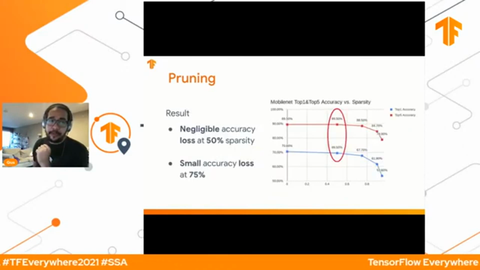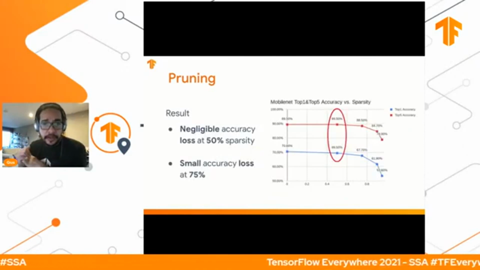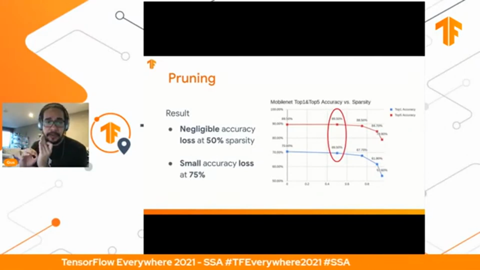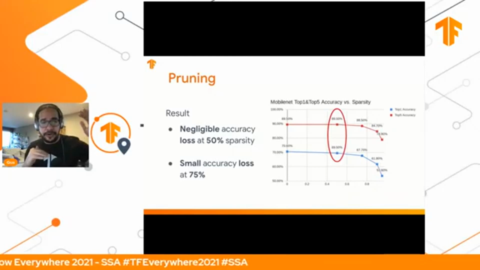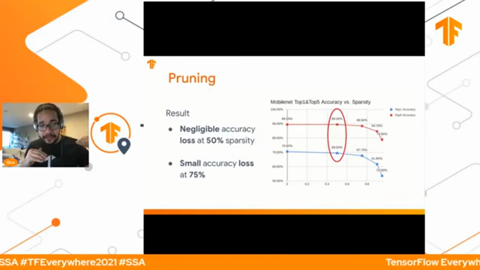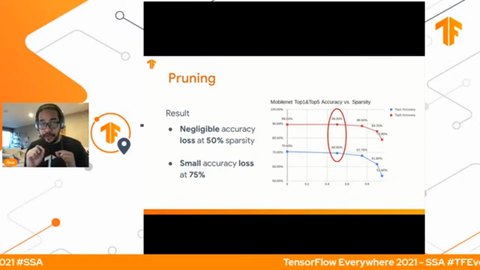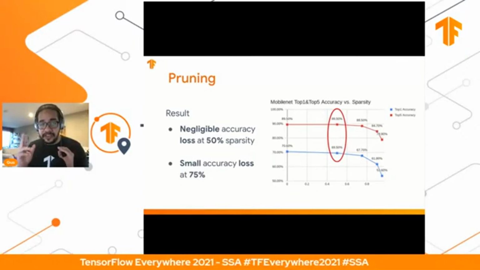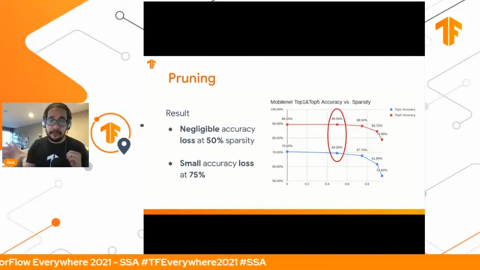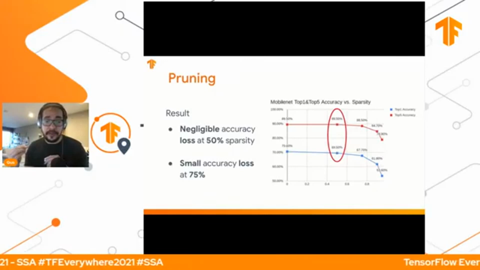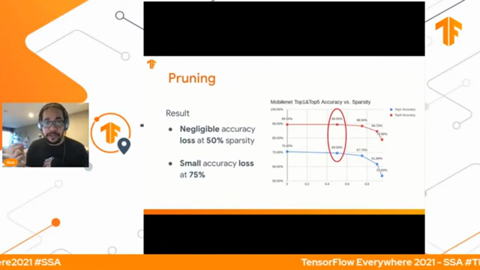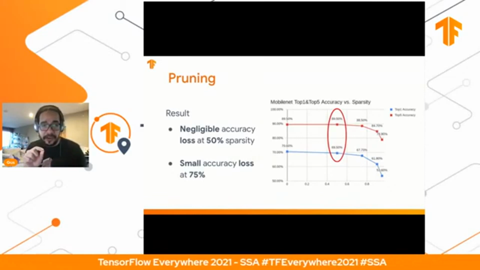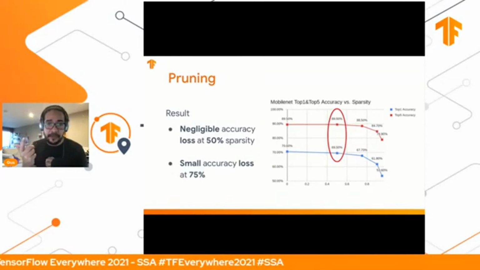And here we have an example, right? So we got a model. I don't know if the name of the model is MobileNet. So we got MobileNet accuracy, which is the y-axis, and how much pruning we are going to do is on the x-axis, right? So here for 50%, we are cutting 50% of the variables, let's say, from your equation. You've got a negligible amount of accuracy drop. You can see that there's not much at all, it's less than 1%.